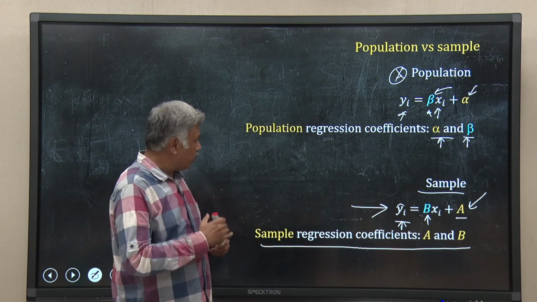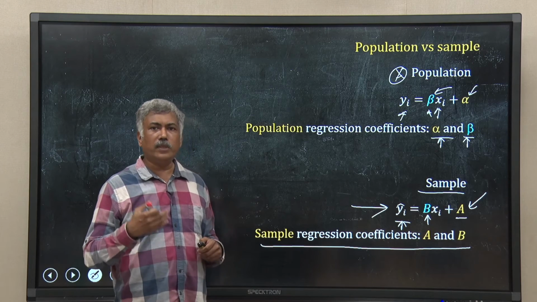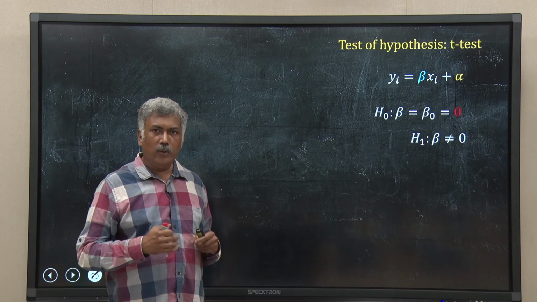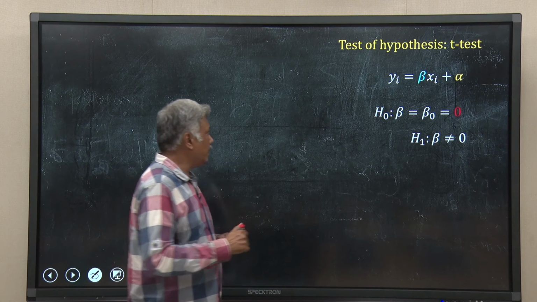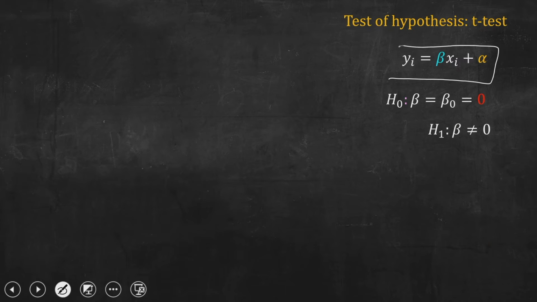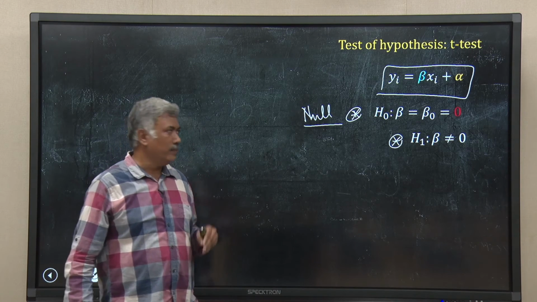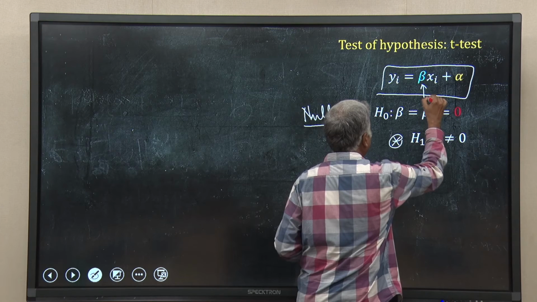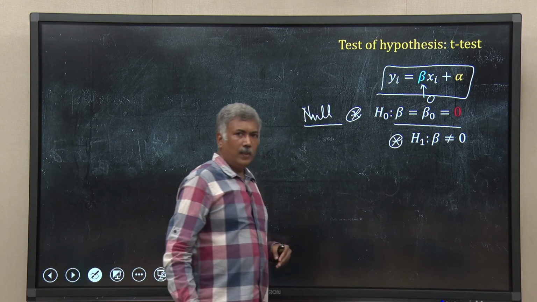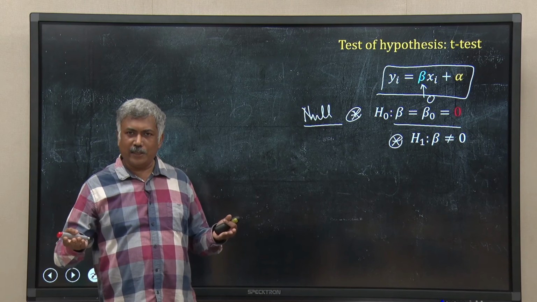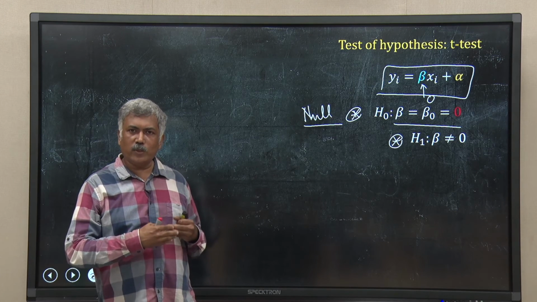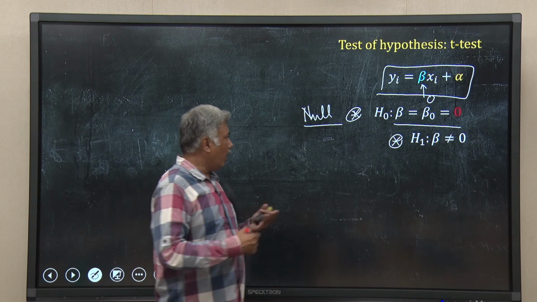Now, based on these two definitions, I will perform the test of significance or test of hypothesis. I will use the t-test. This is my population level model. I make 2 hypotheses. The first one is the null hypothesis, H naught. H naught says that beta is 0. That means there is no relation between y and x, just like the idea that we use for the Coarse model to get r square. The alternate hypothesis